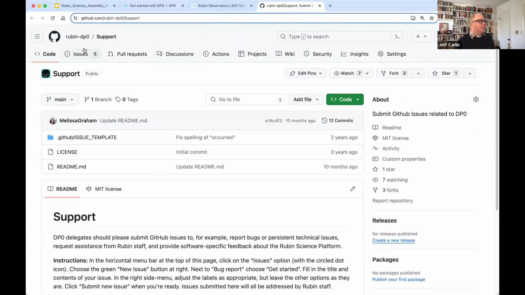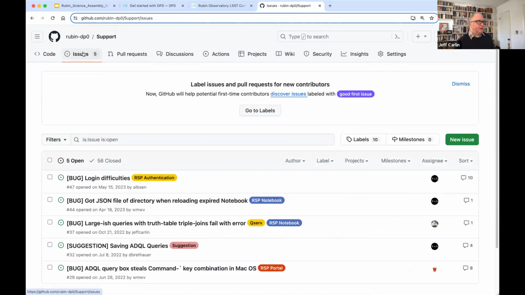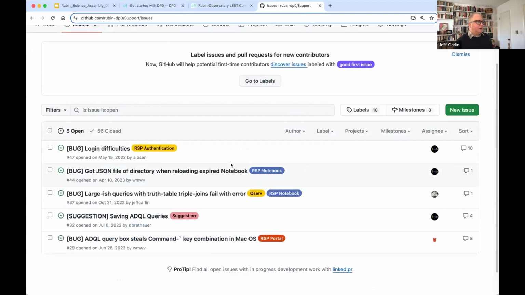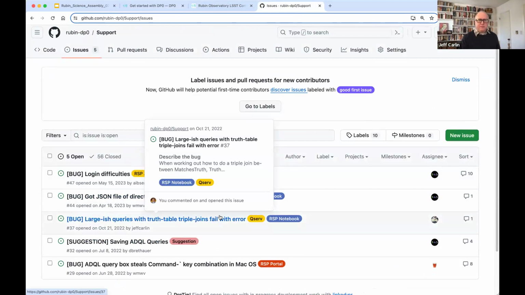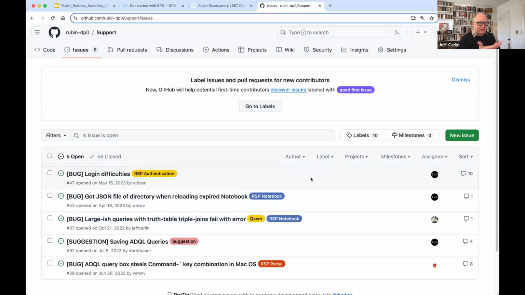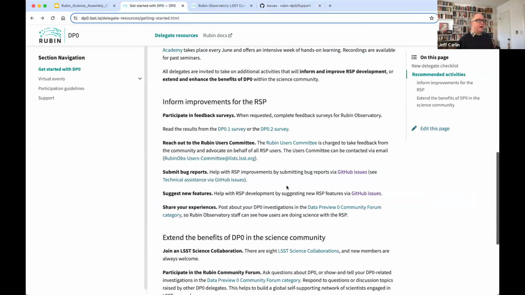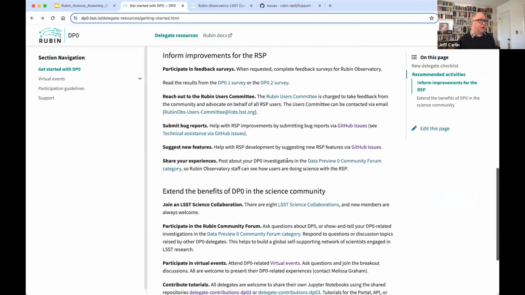And so if I go here to issues, you can see these are issues that the science platform team will see and address directly whenever you have an issue. So that is the other way for you to get help. You can also suggest features. And of course, in the community forum, share your experience and discuss amongst yourselves as much as you like.